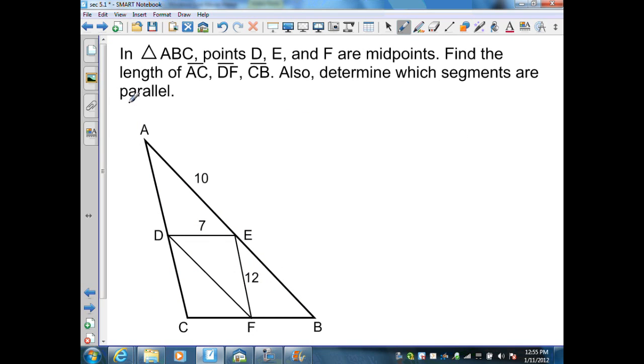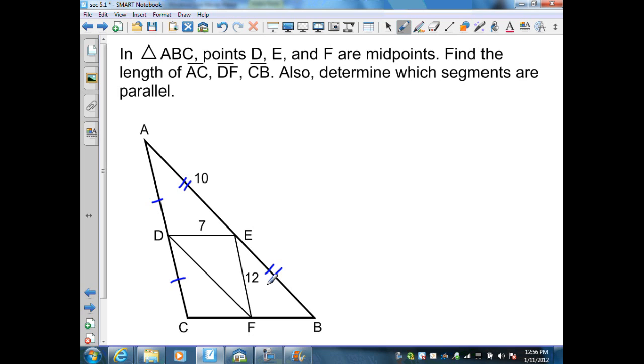Here's our first example. In triangle ABC, points D, E, and F are midpoints. Find the length of AC, DF, and CB. Also determine which segments are parallel. If I take a look at the entire triangle, ACB, I know that D and E are midpoints of AC and AB. Since they are midpoints, I know that I can put tick marks in for these two sides. I can put double tick marks